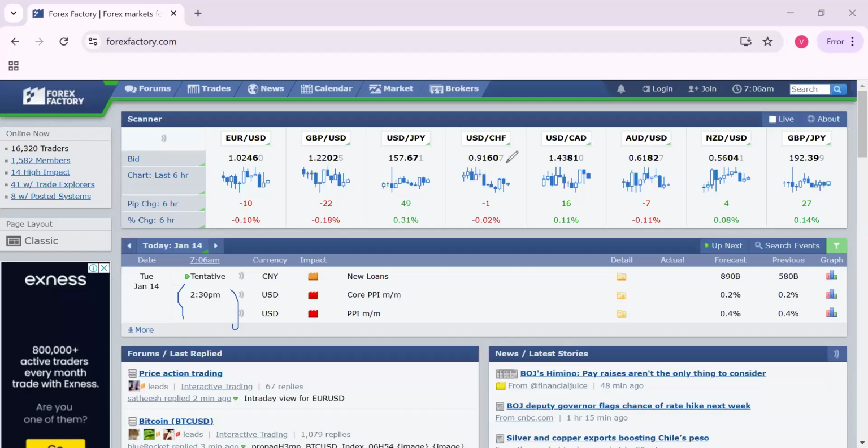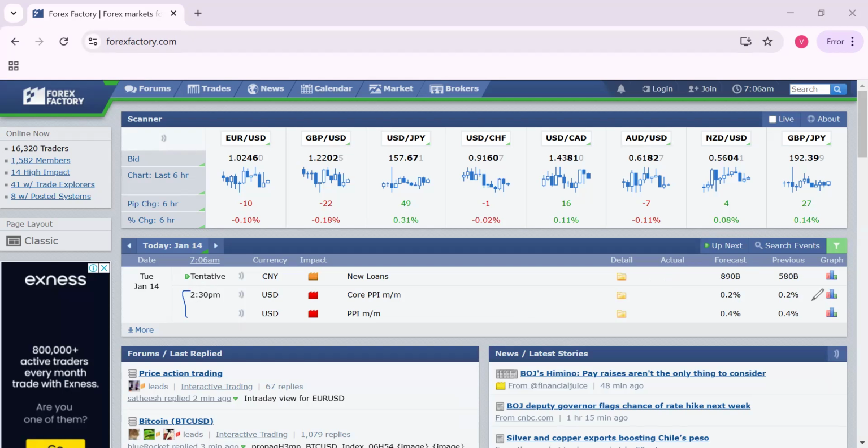Expect a lot of move from this event. Why? Like I repeat, because this is a high impact news event and it tends to move the markets with a lot of momentum. So we'll be expecting a move by 230 USD, which is going to be on the United States dollar, and it's going to be on the core PPI,